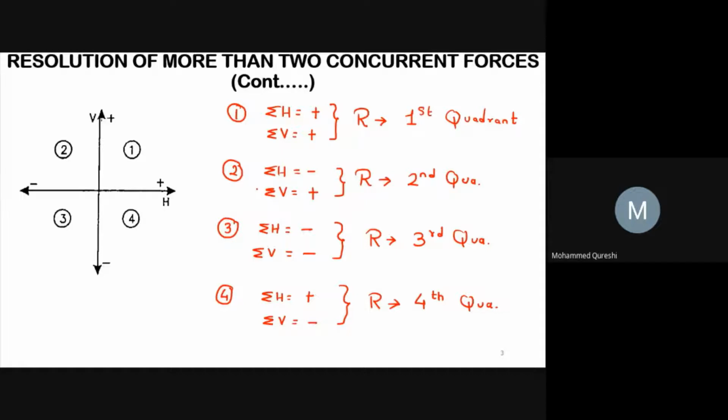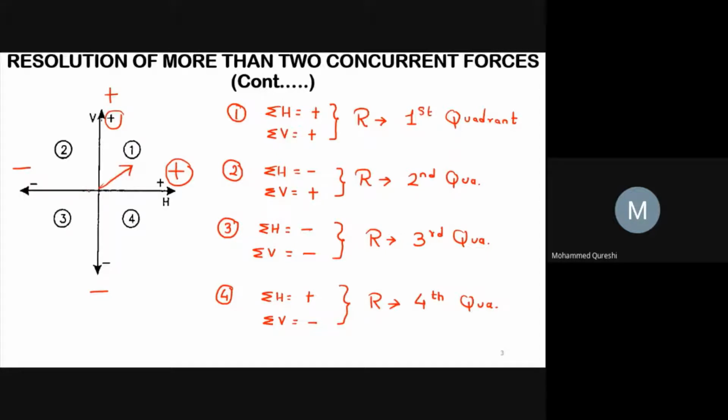Simple, just remember that this will be your plus, this will be your minus. X-axis, this is your plus x-axis, this is your minus x-axis. Similarly, this will be your y-axis, and on y-axis, this will be your plus y-axis, and this will be minus y-axis. So here, if sigma h is positive and sigma v is positive, your resultant will be in the first